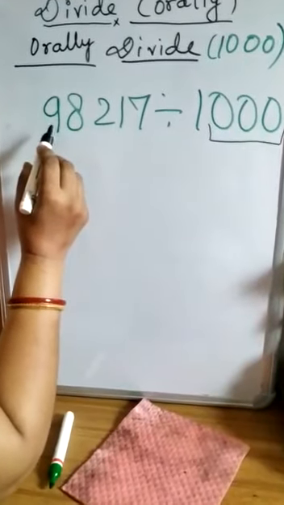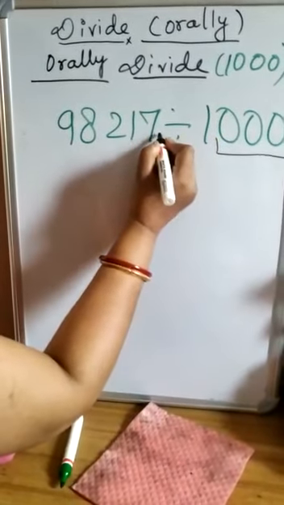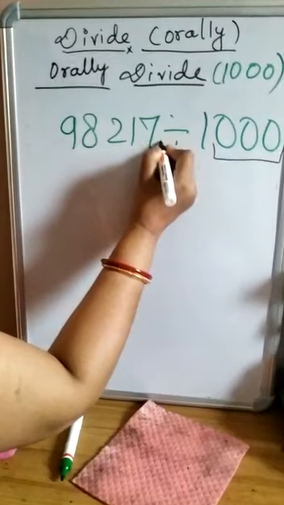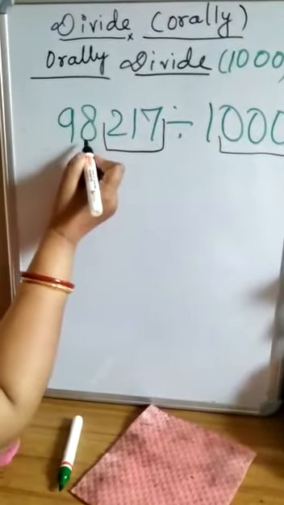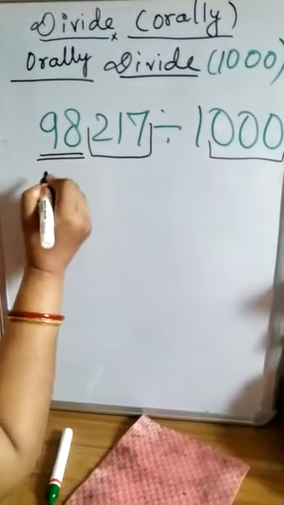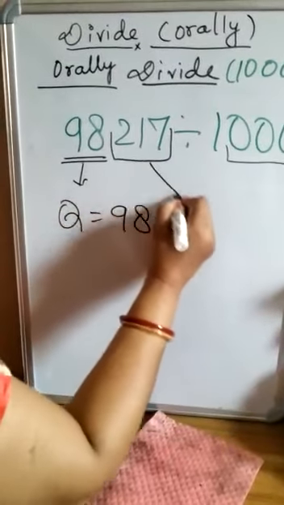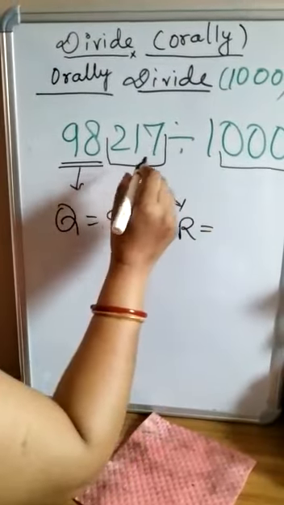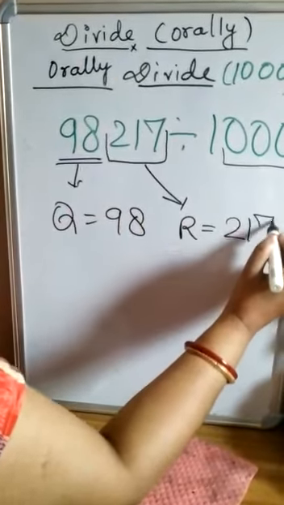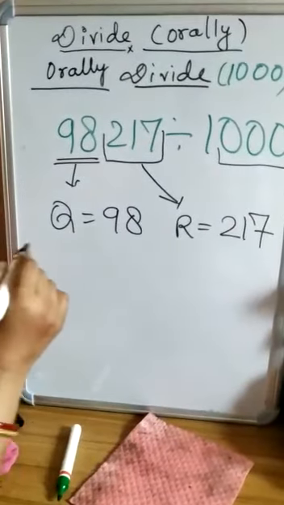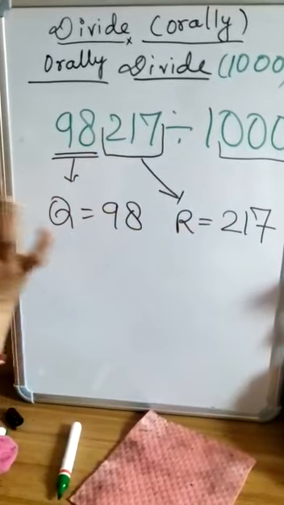Here the number is 98217, and this is the right side, this is the left side. From the right side I will start to remove: 7, 1 and 2. 3 digits, so I will block these 3 digits. Now the remaining digits are 8 and 9, that is 98. So this 98 is the quotient. The quotient is 98 and the remainder is the removed digits, that is 217. Correct? The digits that are removed are considered as the remainder and the leftover digits are taken as the quotient.